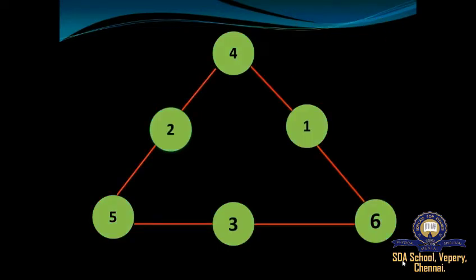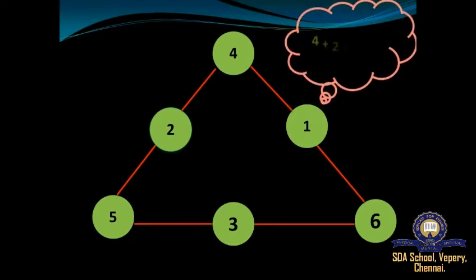So let us consider this figure. Now could you see the sum of 4, 2, 5? It is 11, right? And the sum of 4, 1, 6 is 11. That is, the sum of side 1 is 11 and the sum of side 2 is also 11. Now we'll move to the third side, that is 5, 3 and 6. The sum of 5, 3 and 6 is 14. Similarly, here is also a wrong placement of numbers.